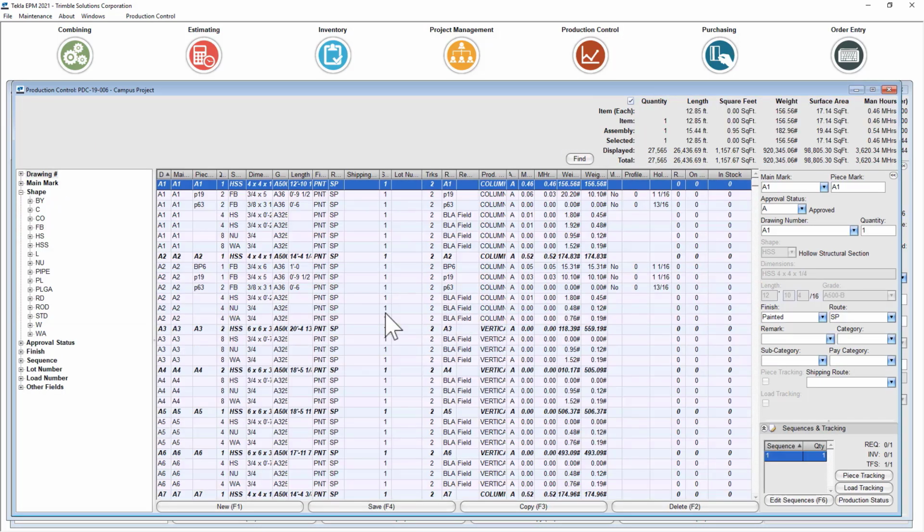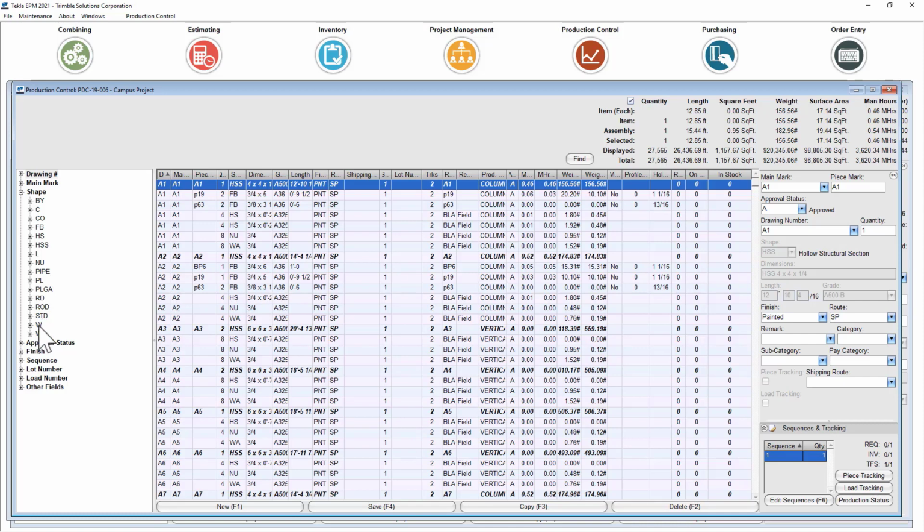One of the biggest gains in this interface update is the ability to have more flexible filtering here on the left side in our navigation tree. This will enable users to drill down on precise information while using these progressive filters. So here in production control, let's take the example of a production foreman who wanted to look at a particular shape, sequence, load, and drill size on a set of material.